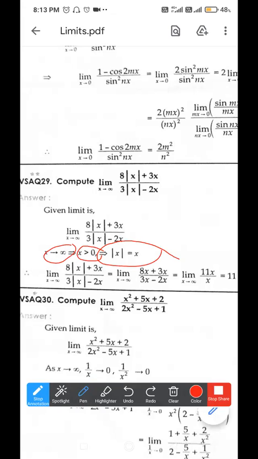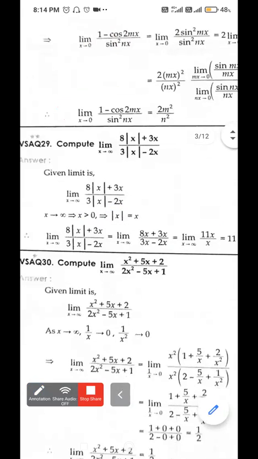What is the use of modulus? By using modulus, we convert a negative number to positive. Like say we have -3. Modulus of -3 will be 3. But if the number is 3 itself, we don't need to apply the modulus, right? So we can write modulus of x as x directly. So we wrote it as x. After that, we'll add 8x plus 3x. What is 8x plus 3x? It is 11x. What is 3x minus 2x? It is x. x and x will get cancelled. What is left? 11. Got it?